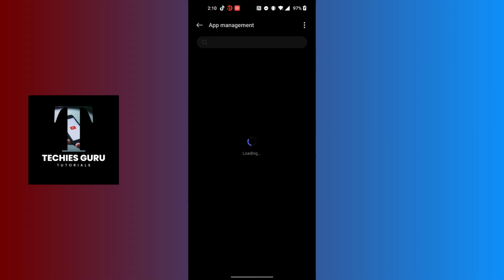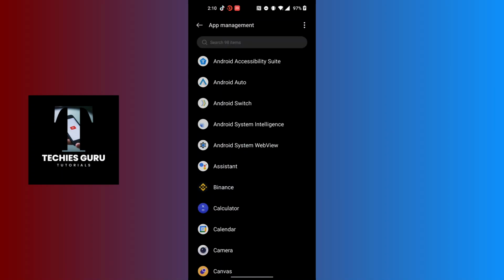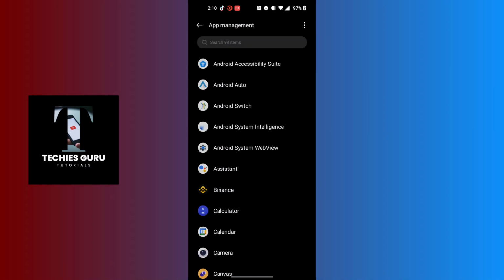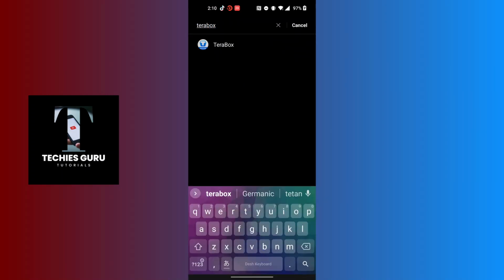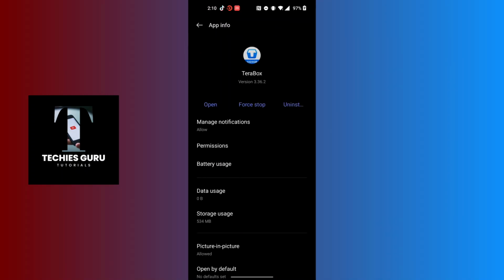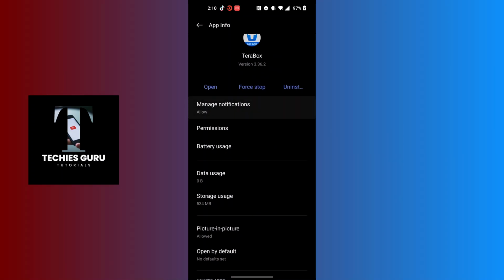and again you land over here where at the top of the screen you can see the search bar available for us. Tap on the search bar at the top of the screen and search for Terabox over here. And after searching for Terabox, guys, the Terabox app will be available for us. Tap on the Terabox app and this kind of interface will appear where you can see the manage notifications options